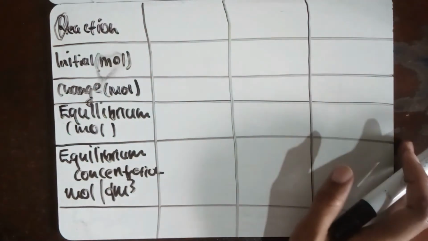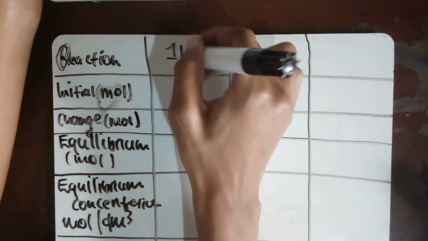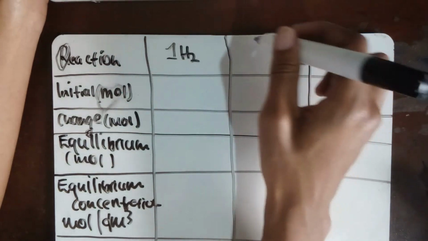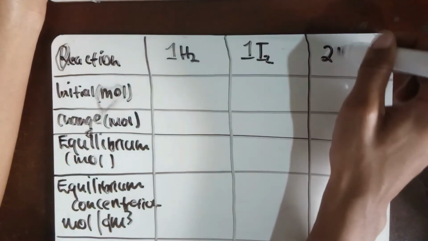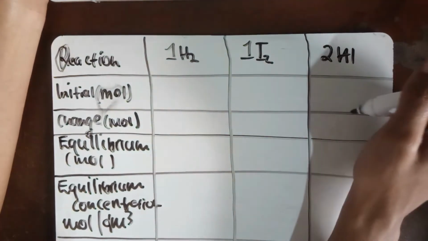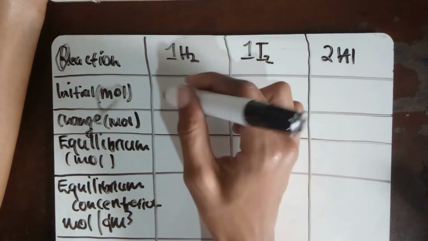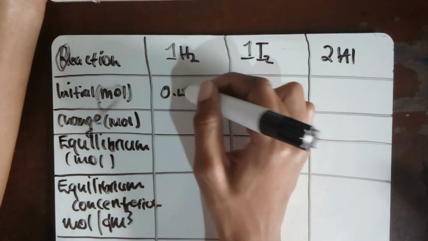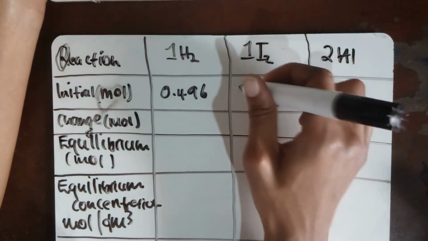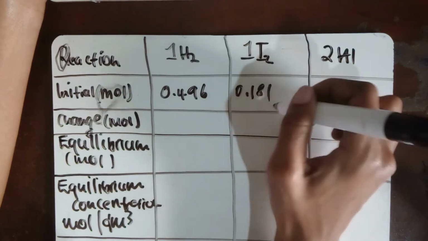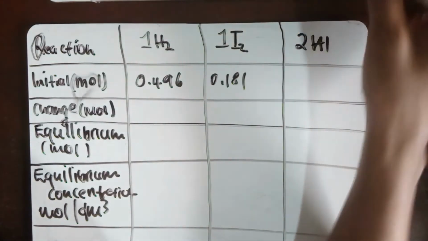right? So our reaction is 1 hydrogen gas plus 1 iodine gas, which gives us 2 hydrogen iodide, right? So let's write the initial number of moles. So remember, at the beginning of your reaction, you have 0.496 moles of hydrogen. You also have 0.181 moles of iodine. But remember, at the beginning,